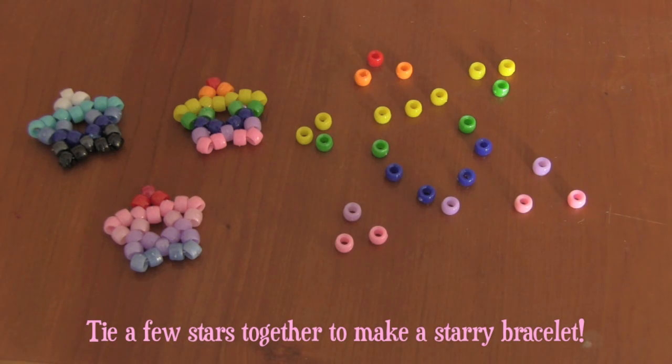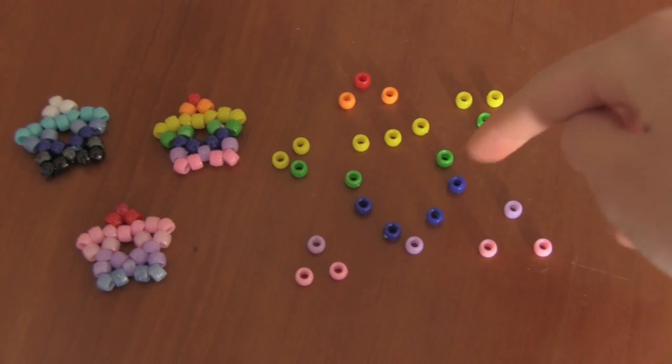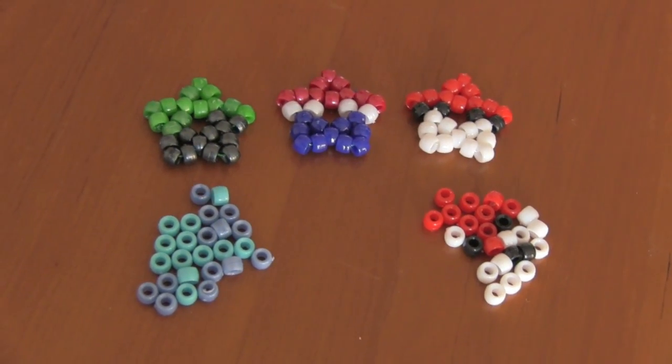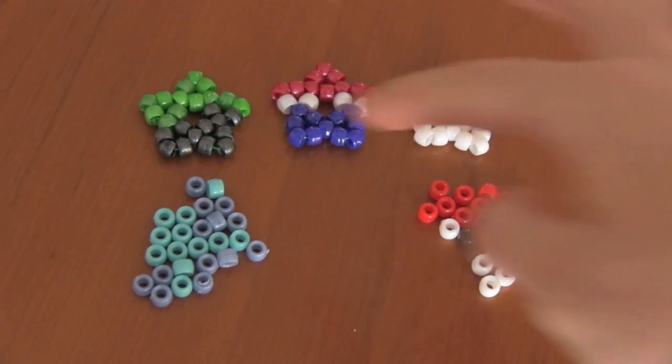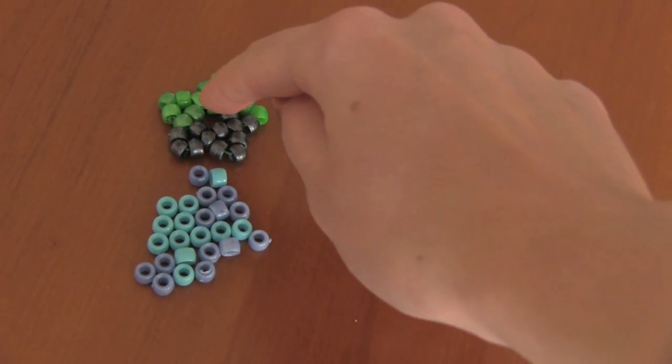You can decipher the pattern of any star just by looking at the colors of the beads and where they fall on the star. This pattern will give you a rainbow star. You have the 10 in the middle and then 3 for each point. You can make a half and half star by using 12 of one color of bead and 13 of another. For the inside loop, you want to put on 5 of one color and then 5 of another color